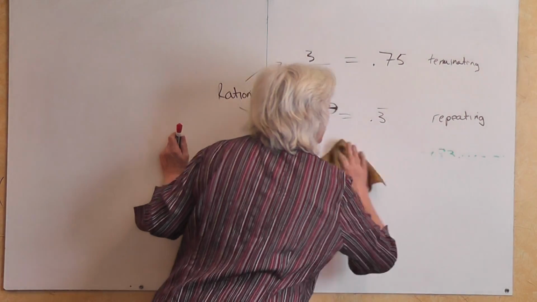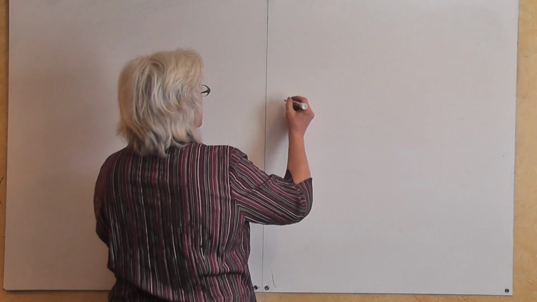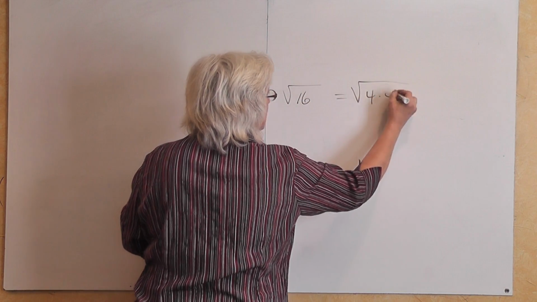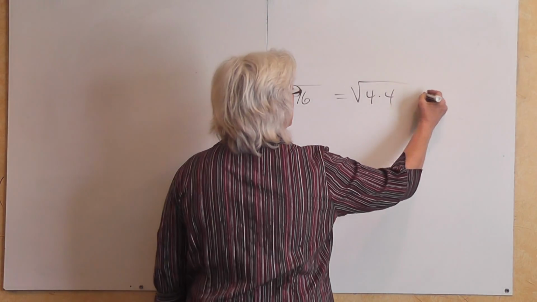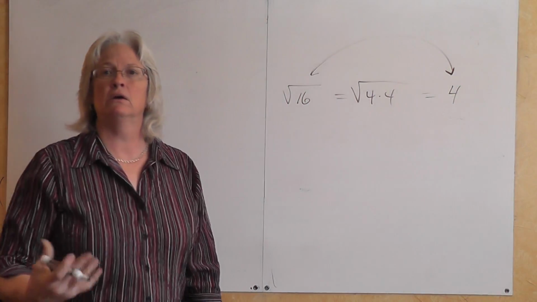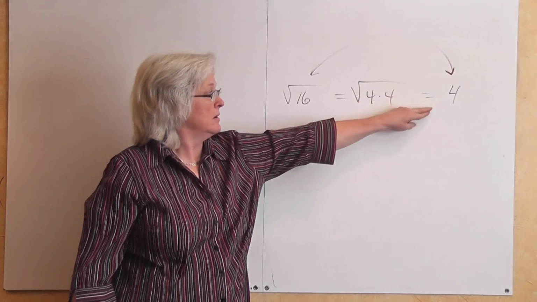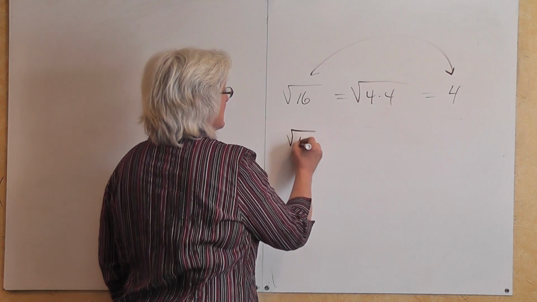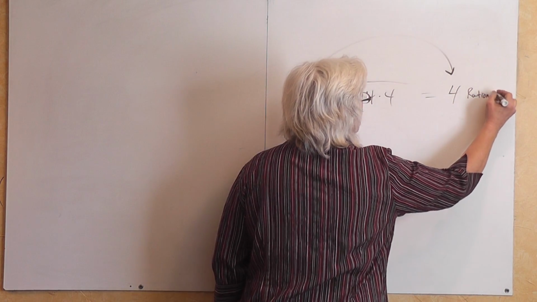Let me show you what I'm talking about. Square root of 16, that's a perfect square, because 4 times 4 is equal to 16. So the square root of 16 is rational. It can be expressed as a decimal that terminates or completes. This is 4. However, if I were to ask you to find the square root of 17 for me, that would be another matter altogether,